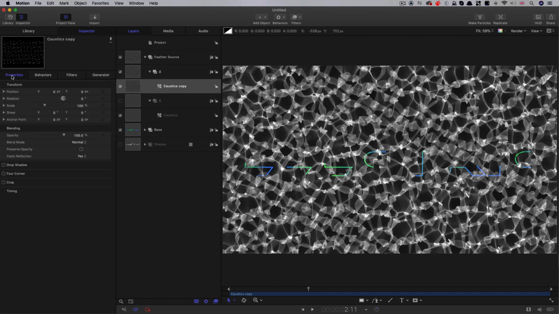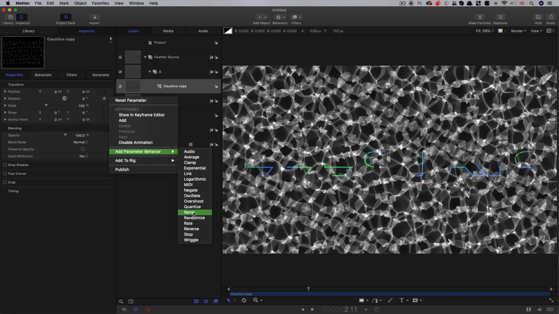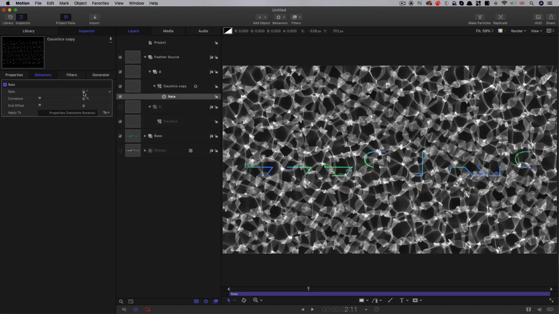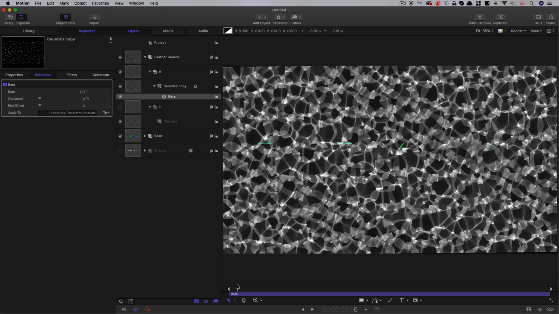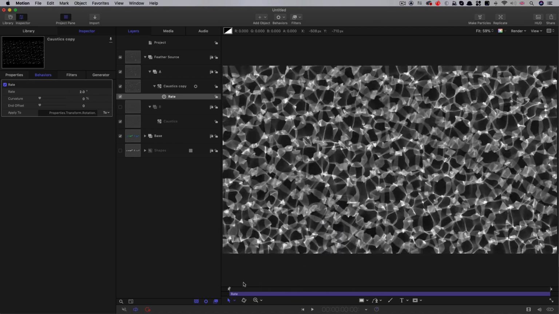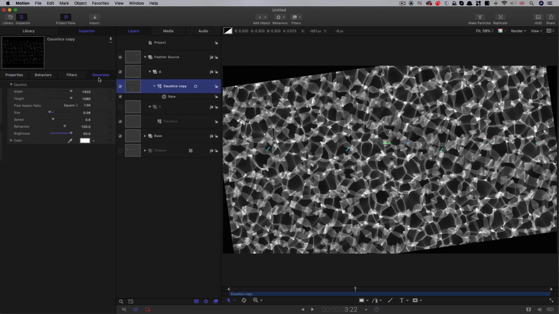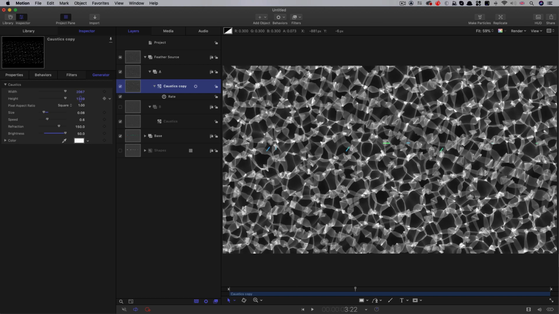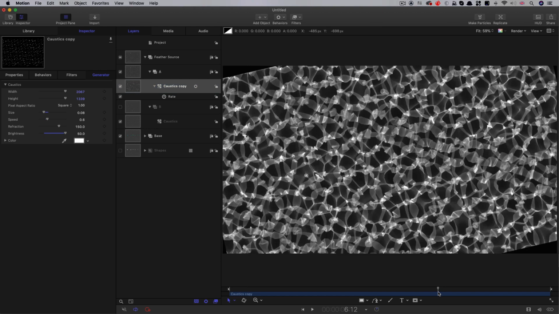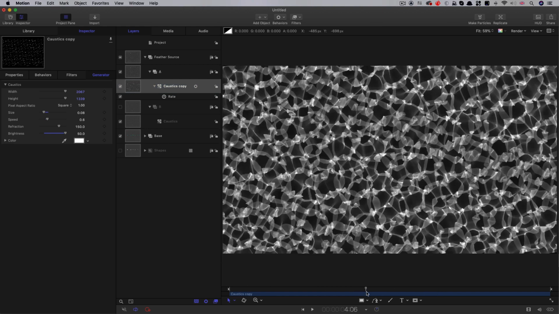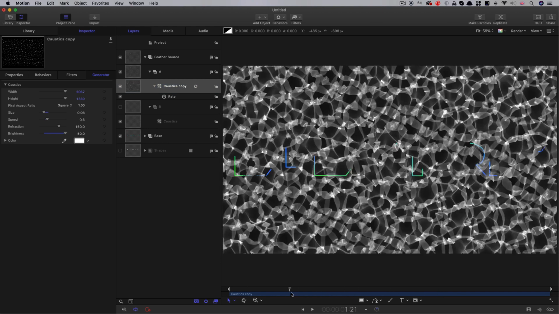Then I want to come to Properties, Rotation, and I want to add to the rotation a rate behavior. And let's set that rate value to 2 degrees. So we're getting this rotating texture. Now, maybe we should actually increase the generator scale just so it's covering the canvas like that throughout that rotation. After 4 seconds we don't need to worry too much about it, but